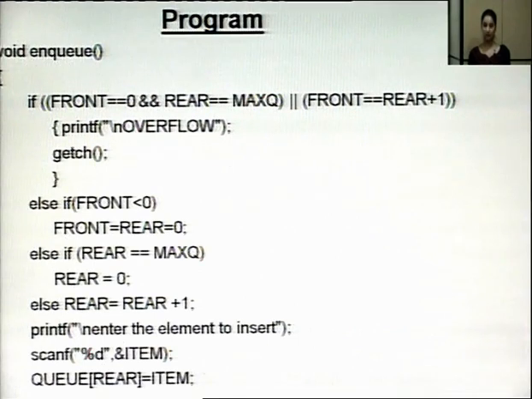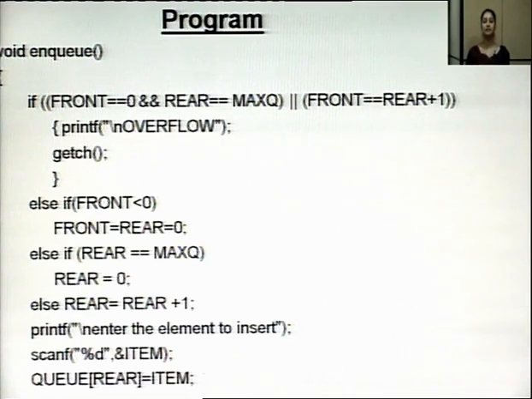Now these functions are enqueue. I have discussed earlier that enqueue is the function used to insert a value into the queue. Here if front is equal to 0 and rear is equal to the maximum of the queue, or front is equal to rear plus 1, that is the condition for the circular queue. If either of these conditions is satisfied, then the queue gives the message overflow, that means the queue is full. Otherwise, if neither condition is satisfied,